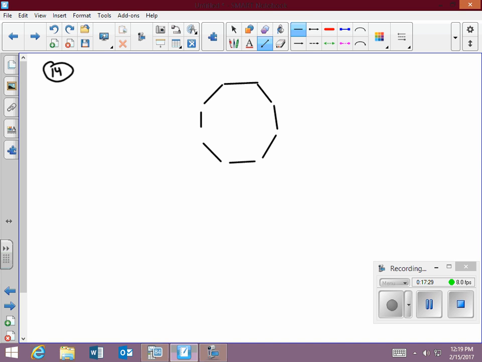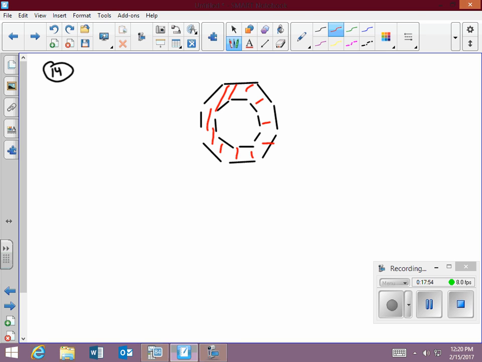It's not a very good one, but so you want the area in here, right? And then they tell us that this side is 5.2 centimeters, and this is 4.4